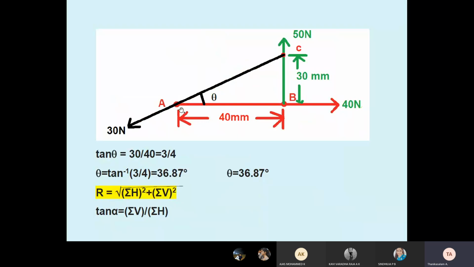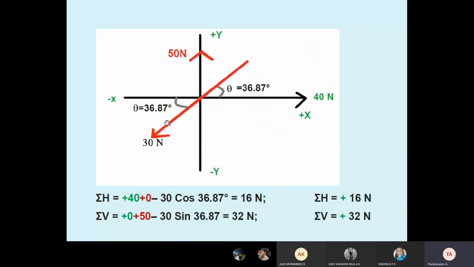And see here, the third force. Students, understand, the third force goes in which direction? Sindhuja, which quadrant does the 30 Newton go to? So it's going to the third quadrant, I think. Yesterday I told you, where you see the arrow mark, that is where the force goes. So this goes to the third quadrant. With respect to which axis is the angle? The angle is on the x-axis. Yeah, x-axis. Very good, very good. See here, I converted. So this is the final diagram.